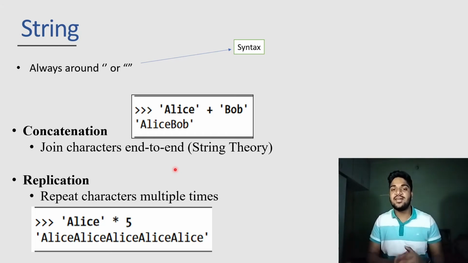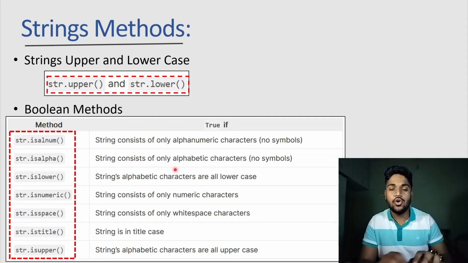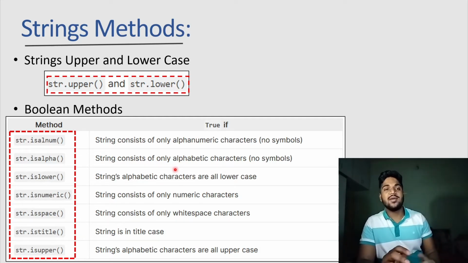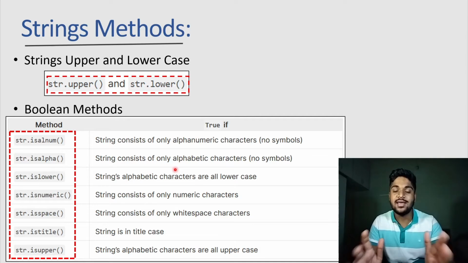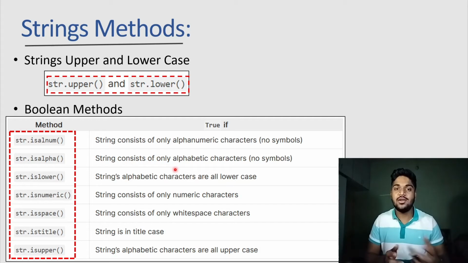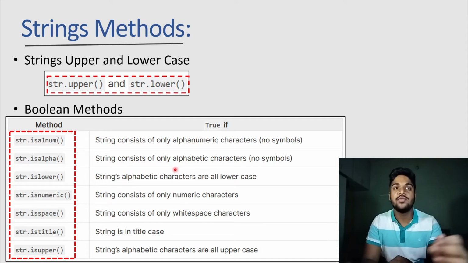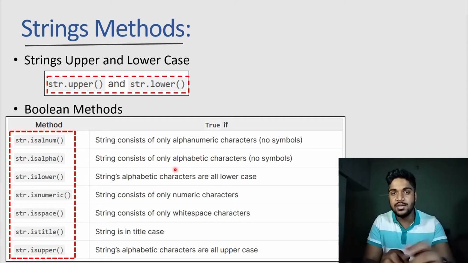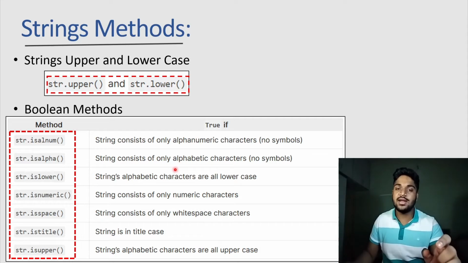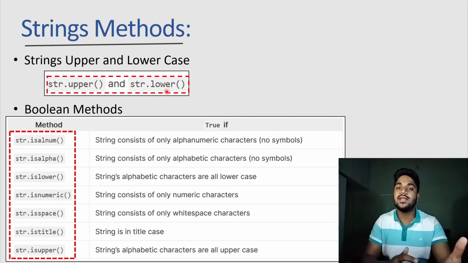Now there are many methods that we can apply on strings to get better results. For example, the first is uppercase and lowercase. Let's imagine that you wrote a whole essay in lowercase and you want that essay to be in uppercase. For example, if you're doing some coding, like SQL coding, and in SQL coding we need uppercase, but you just type everything in lowercase, then we can just use the variable name. We'll see what variables are. We can just use the variable name dot upper function, and the whole string will get converted into uppercase. Similarly with lowercase, if we have done something with uppercase, we can convert that into lowercase.